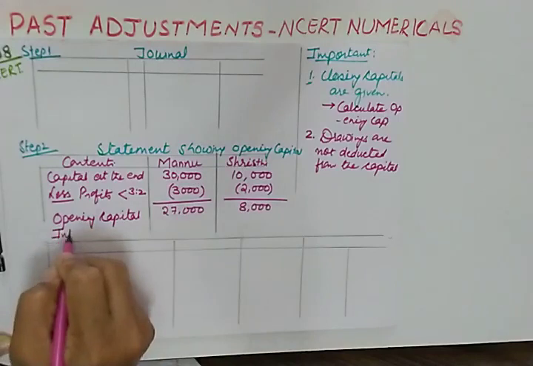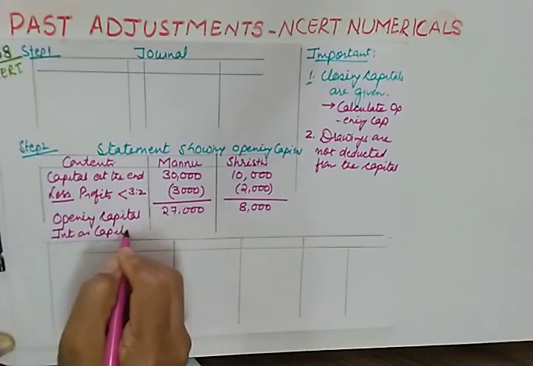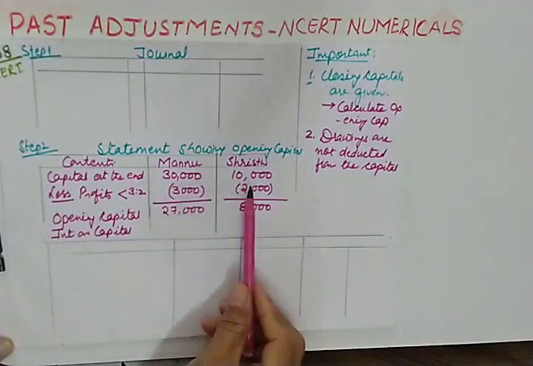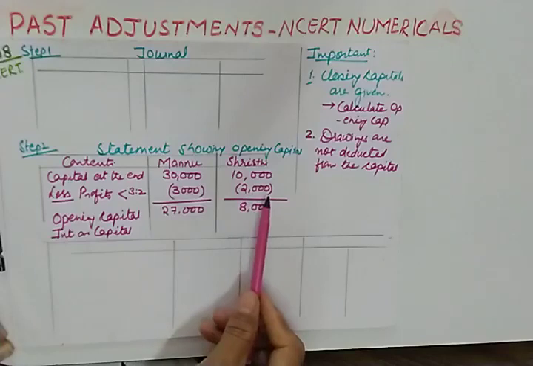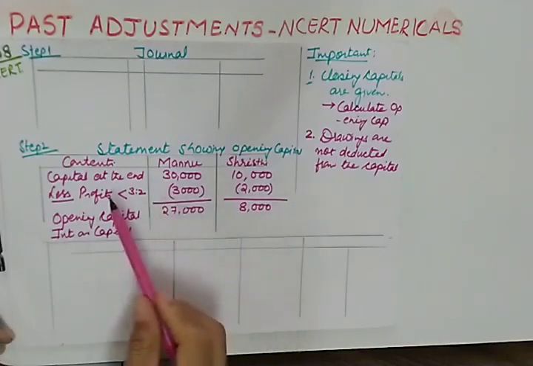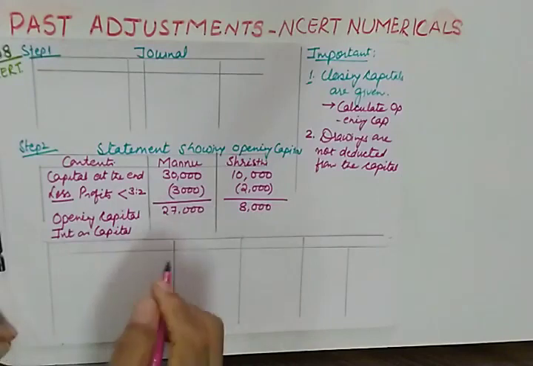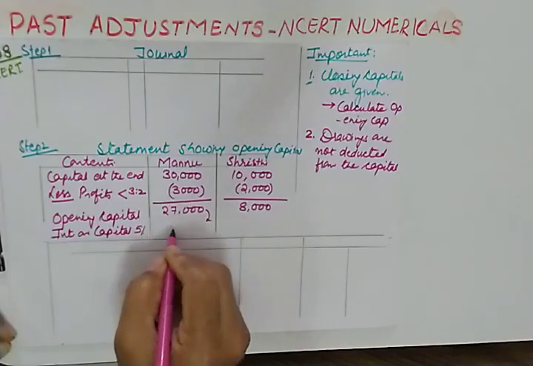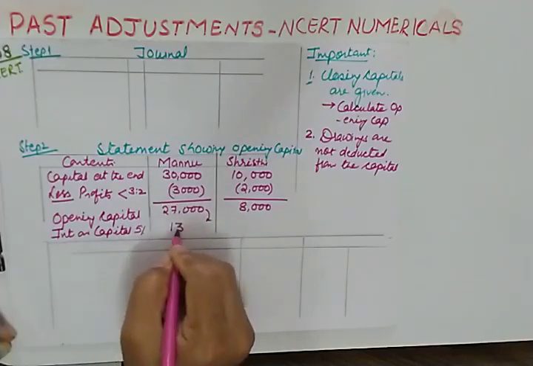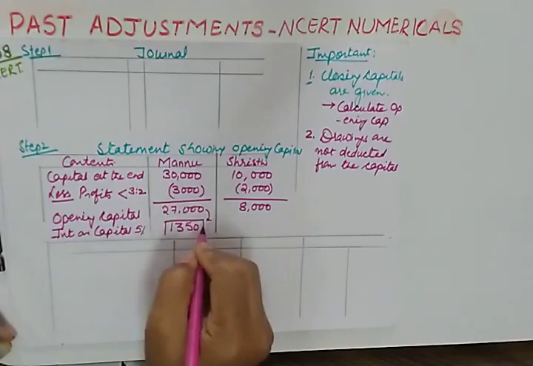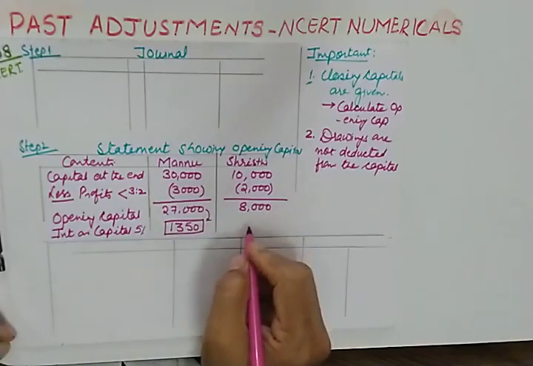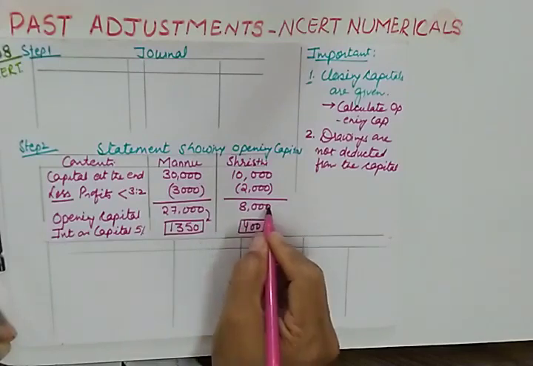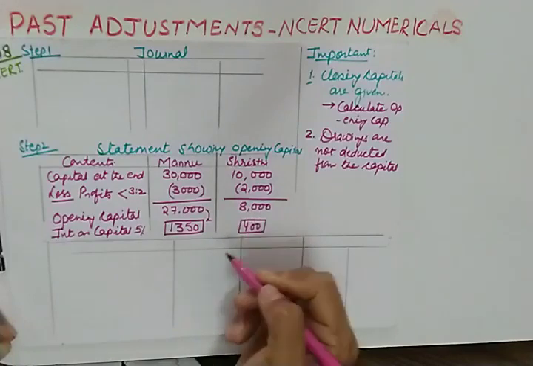Let us calculate interest on capital in this particular statement. See, I have already told you this can also be done in a paragraph form, but this is a better presentation and it will save your time also if you make it in this format. So interest on capital is 5%, so you will calculate 5% of this. 5% of this will be 1350. This is interest on capital. Likewise, similarly you will calculate on this also. It is 400. For 5% you remove last zero and half of this.